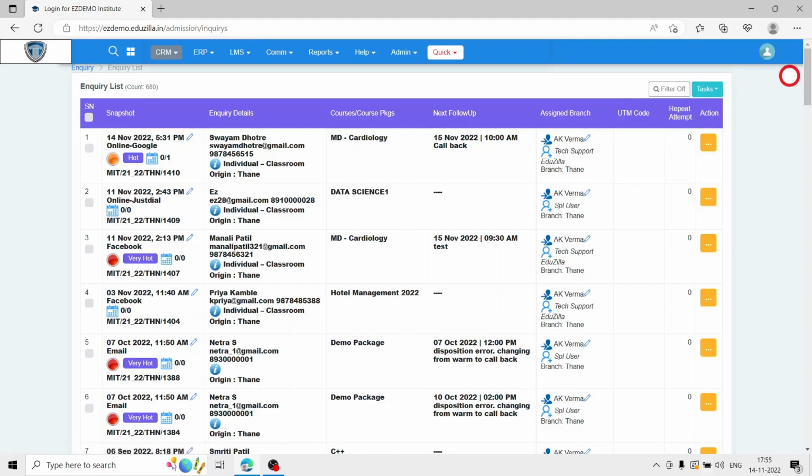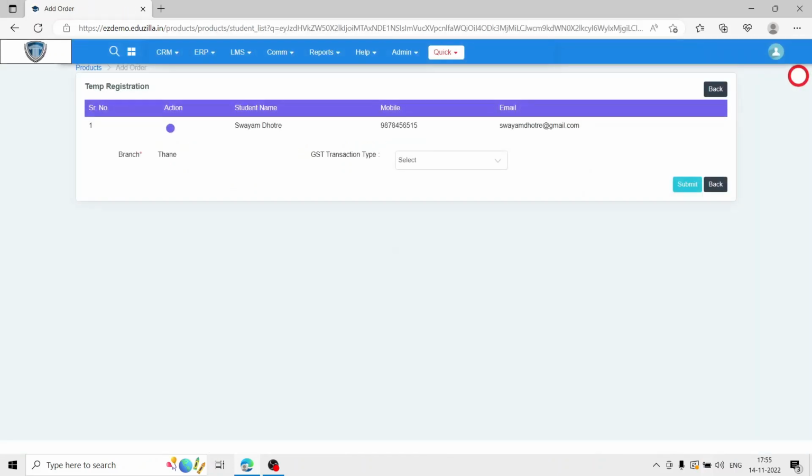So in case you have a registration amount taken which is not relevant to the course category or which is not added into your courses, in that case you can have it as a temporary registration. If you want to add the temporary registration, you just need to click on actions, go to the temporary registration, select the GST type, click on submit,